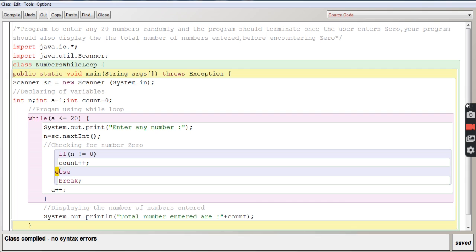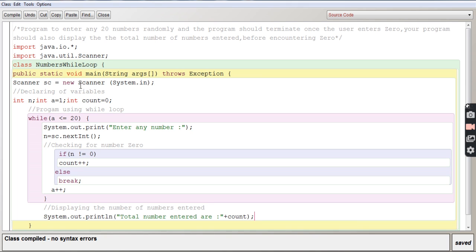As it is false, we'll go to else and then break. Once it gets the break statement, it will take you out of the loop. The program is going to terminate. Once the user has entered 0, the program is going to terminate. It will come out of the while loop and will display the number of numbers entered.